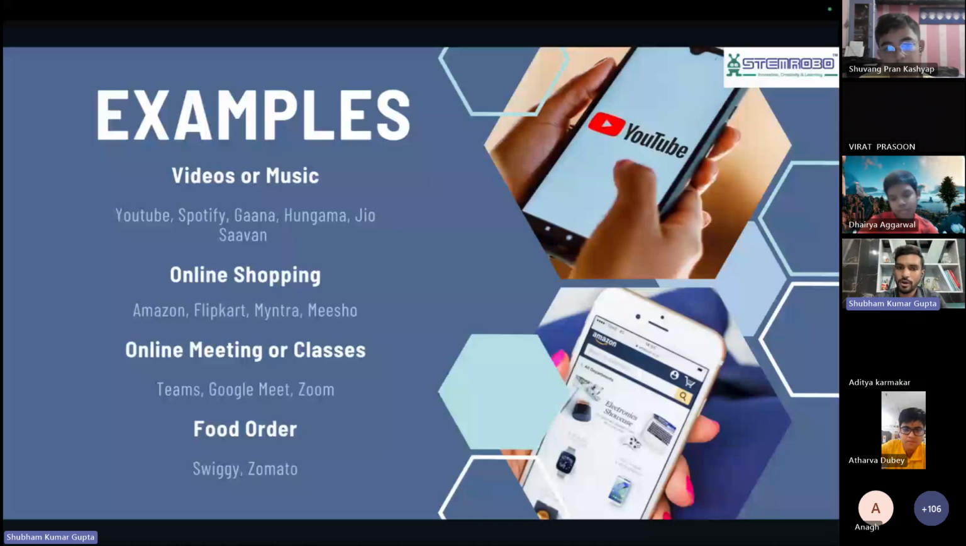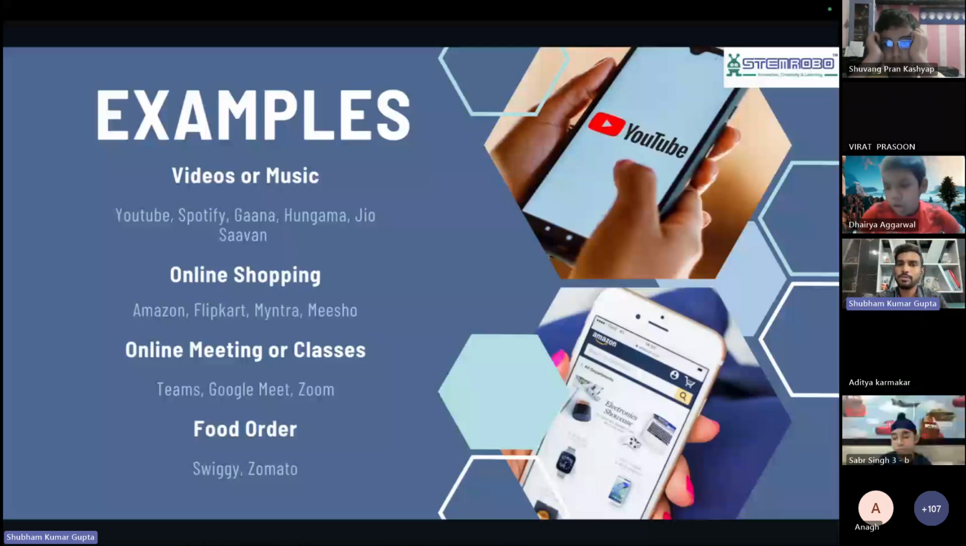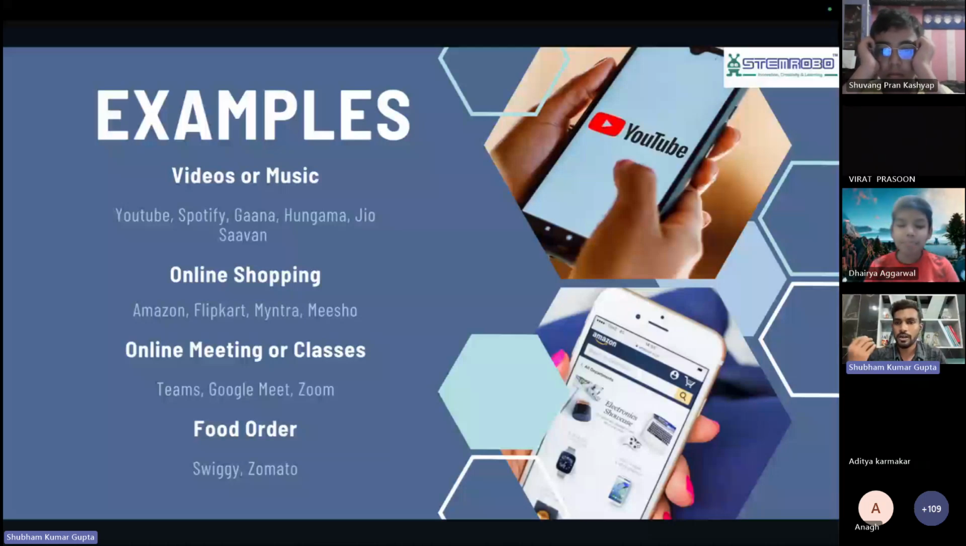Similarly, if you want to do any online meeting, you are following Teams, Google Meet, Zoom, right? If you want to order food online, you follow Swiggy, Zomato. So what we can understand here is that for each and every specific task, we have a separate application, right? So whenever you are going to design any application, you have to understand the purpose. For which purpose you are creating that application, how that app is going to be helpful for the users, right? Based on that, we have to move ahead and proceed with the designing